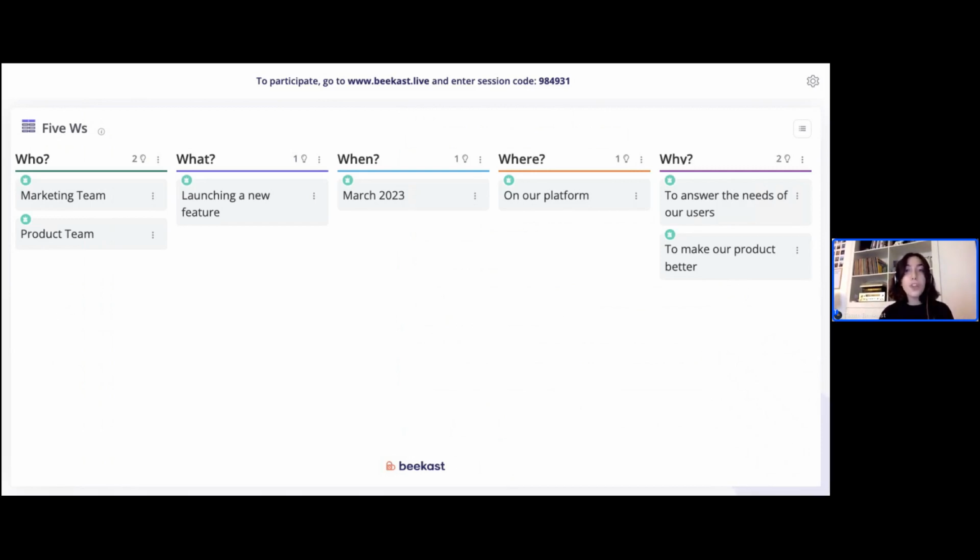So with the 5 Ws, if I wanted to continue this activity, you would be able to send an idea. And as you can see, it's very simple. By sending an idea, you just have to click on the button called Send an Idea. Pretty straightforward. And then you can choose the category. So, for example, let's say that I want to talk about what we're doing. So, I would choose the category what, and then I would just share my idea by saying, well, in this project, what we're trying to do is